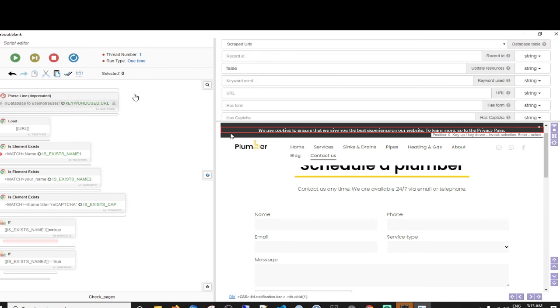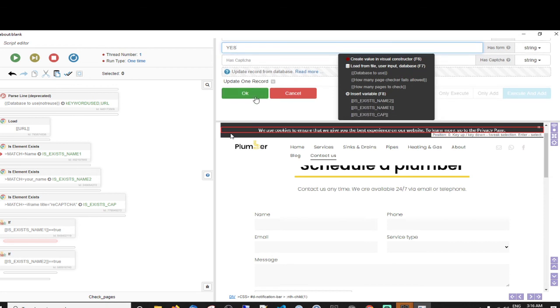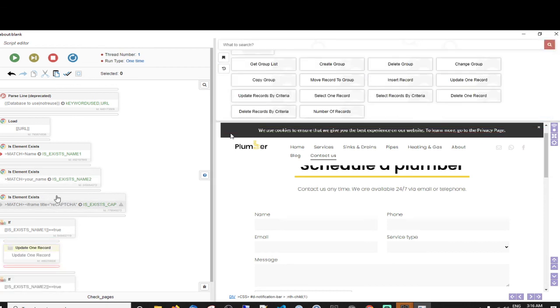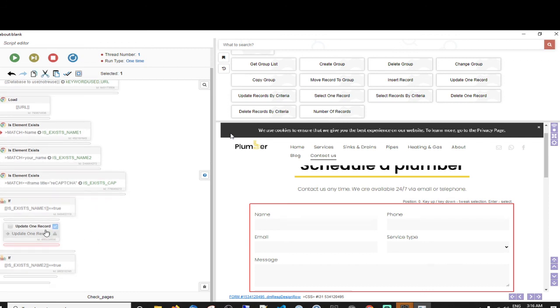So when we've passed the line here, has form, and put yes. So in other words, if either of the two items that we created to find this name section is there, does exist, either types that we found, and we're going to add more and change it around as we go, then update the database. And so yes, there is a form on here. It's correct, there is a form.